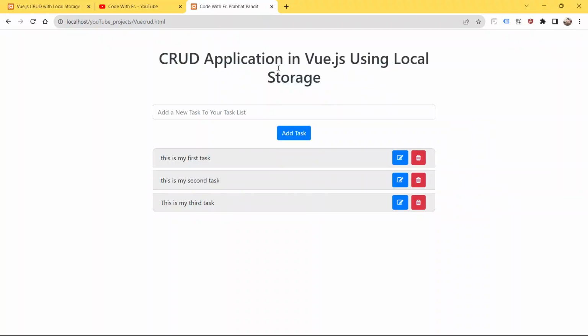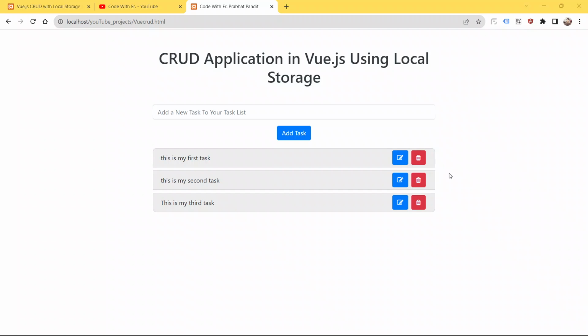Okay, so guys, now we are able to see some gap between these buttons, like here and here. So guys, as of now, whenever you click the edit or delete button, nothing is going to happen. See guys, I am clicking the delete button, nothing is happening. So guys, we have to define our methods, edit task and delete task.